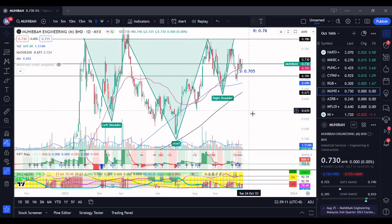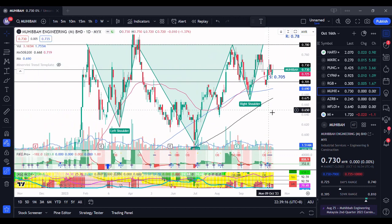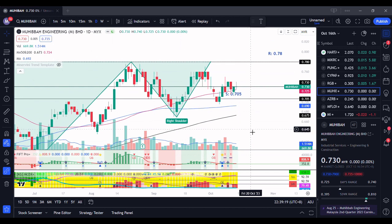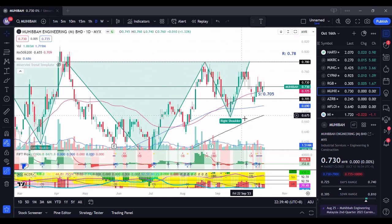Okay, the head and shoulders that has not materialized after numerous weeks of me making it a case study, but I think it's still valid lah. I mean the inverse head and shoulders is still valid lah. It still hasn't broken down from this right shoulder. It's still building a higher base before it attempts to go higher lah. Washouts are good so that you wash the weak holders out before you really attempt to break the resistance. So you can see that it came up to here 0.77, then seems like it cannot break already, so